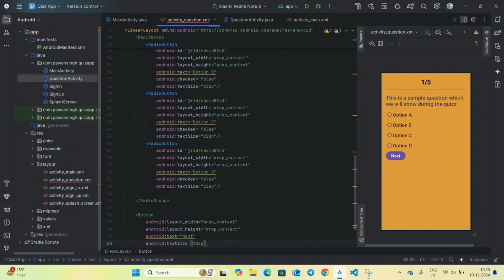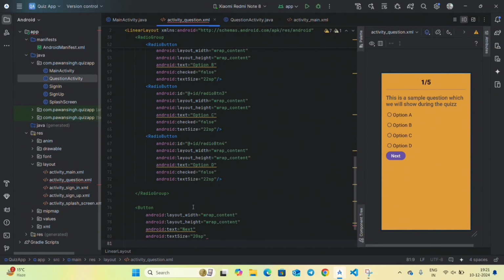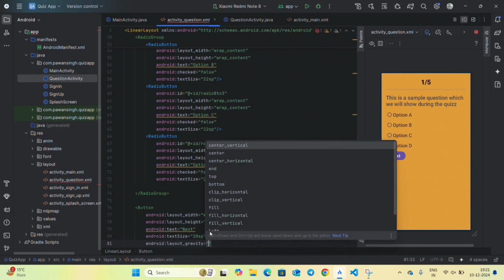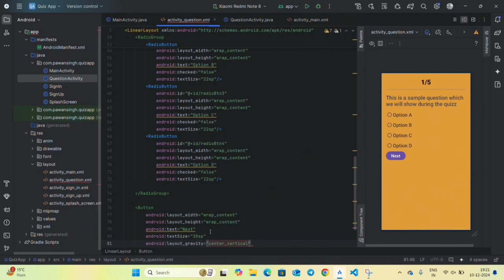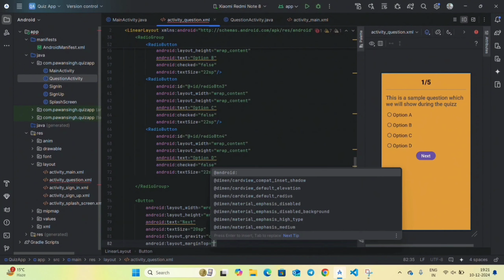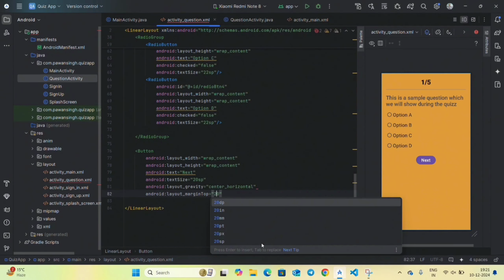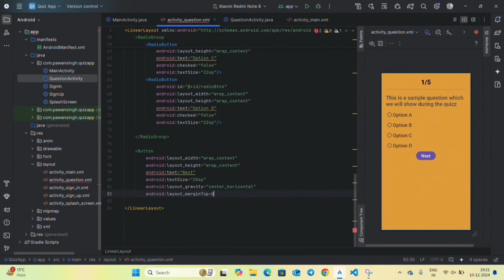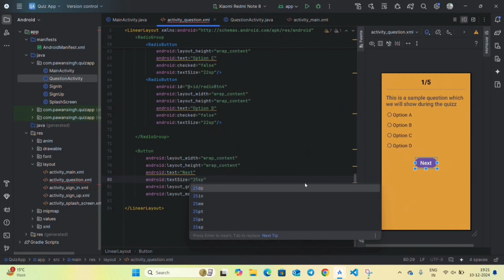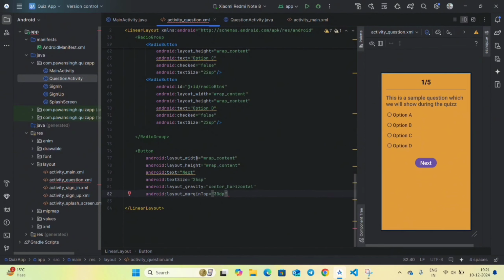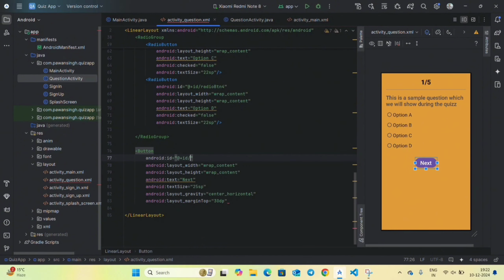and below this we want the button at the center. So write here layout gravity as center horizontal, remove the center vertical and make it center horizontal. So we also want some margin top, write here margin top, and give it as 20 dp, make it as 30 dp. So this looks good, and change the text size to 25 SP. Also give it an ID and give it as next button,